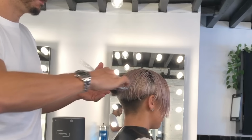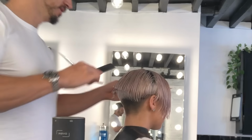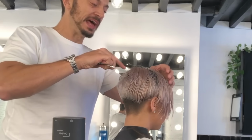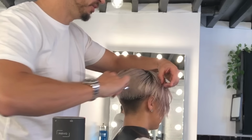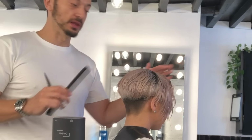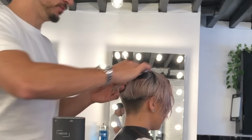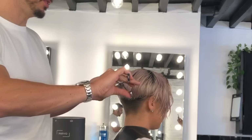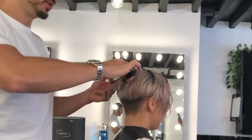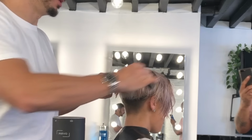Pixie haircut used to be, for me, almost like a uniform layered cut. So for those of you who aren't hairdressers, what that means is it was essentially almost all on length with it slightly longer towards the front. These days, it's such a broad term used for short ladies' hair. It can be anything from a really short bob all the way through to what I just described, like an actual really short crop that you'd see on